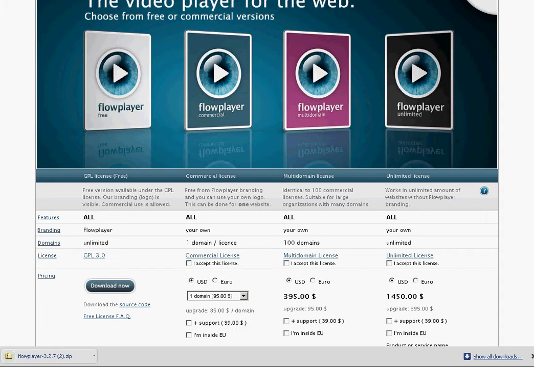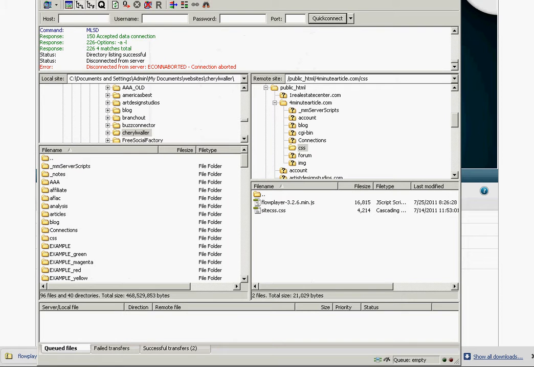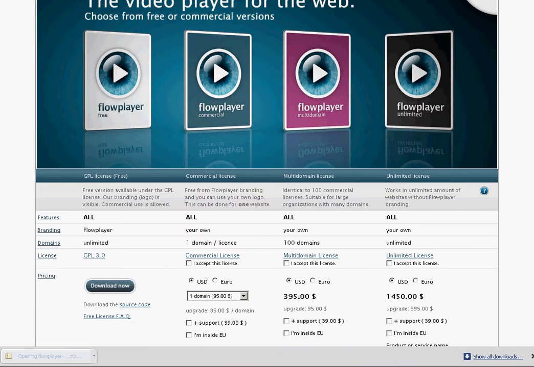Okay? And what we're going to do is we're going to upload this using FileZilla to our CSS file on our hosting, our server. So this right here is FileZilla, and links to all of these things are in the resource file that came with this video. So don't worry about missing anything or jotting anything down. But basically what we're doing here is we want to put this Flow Player here. So when we download this file,